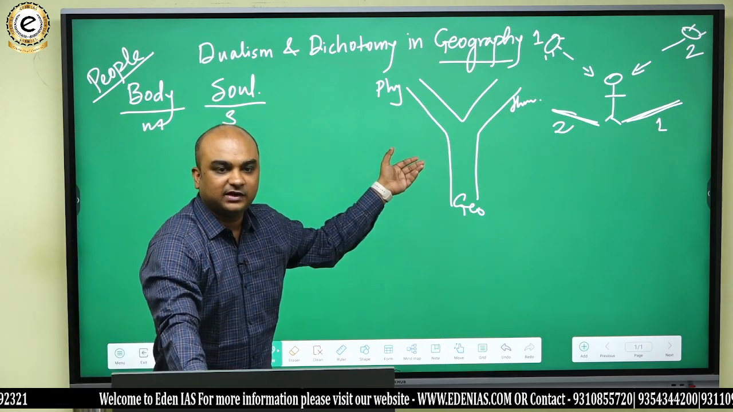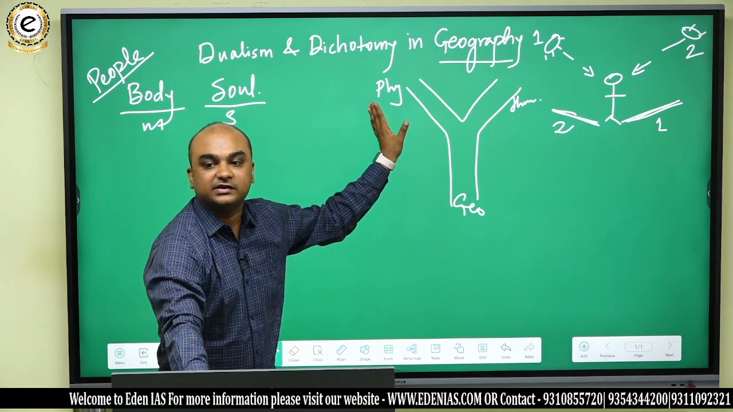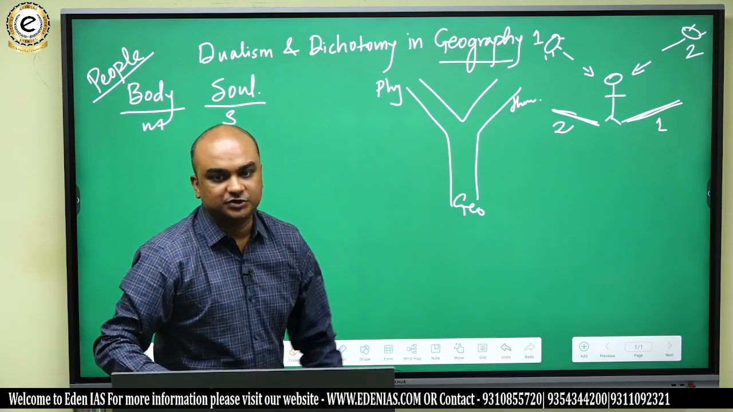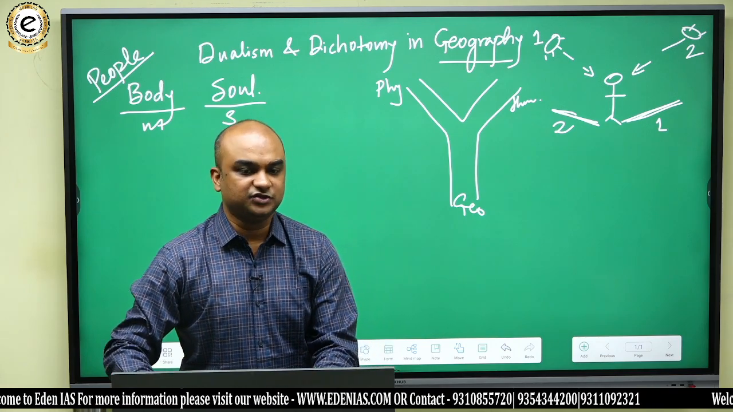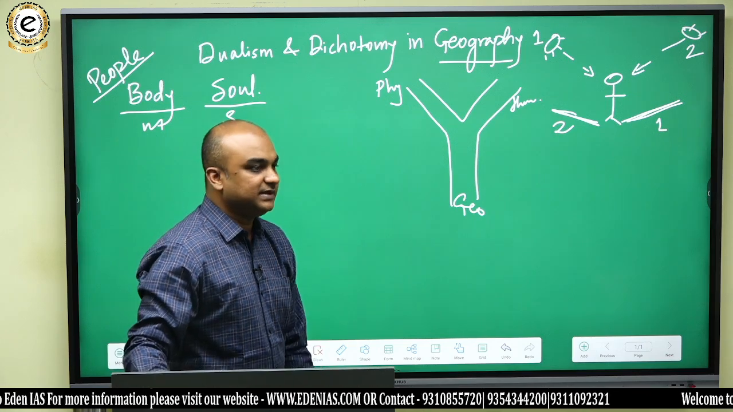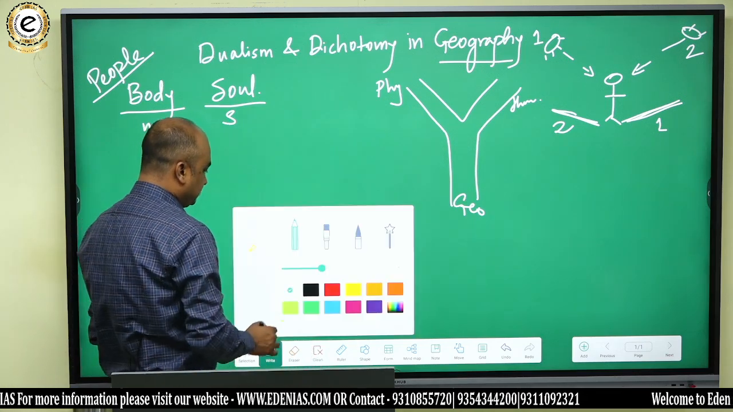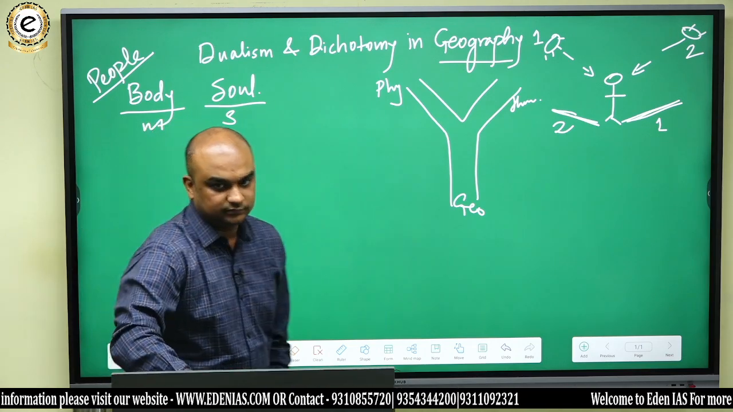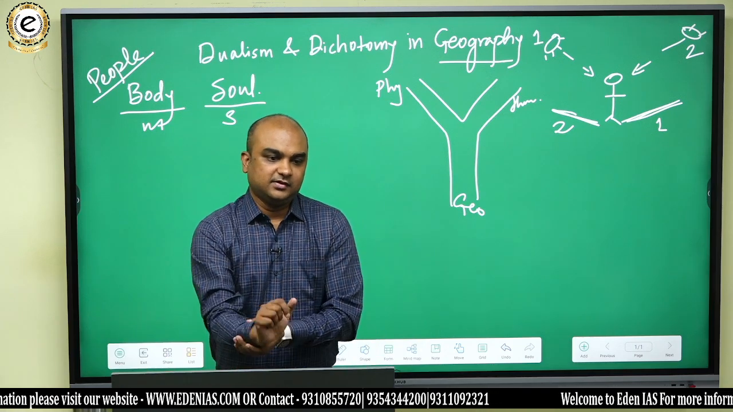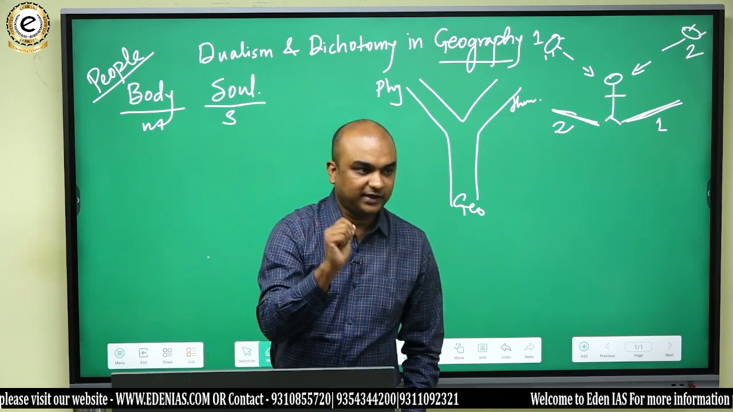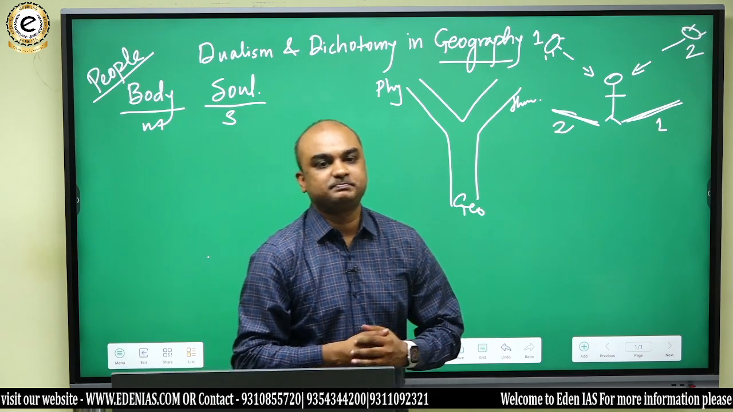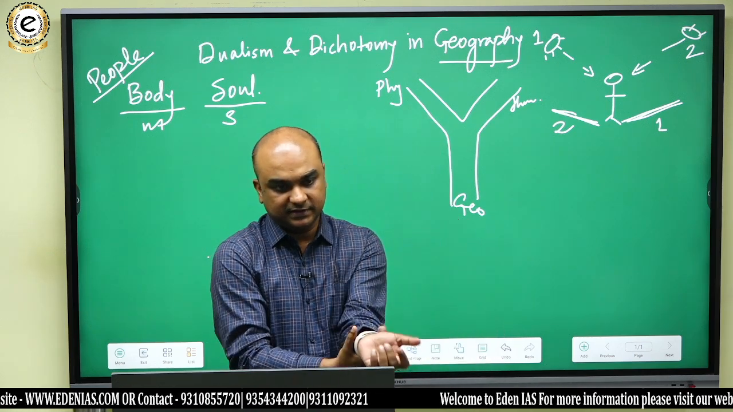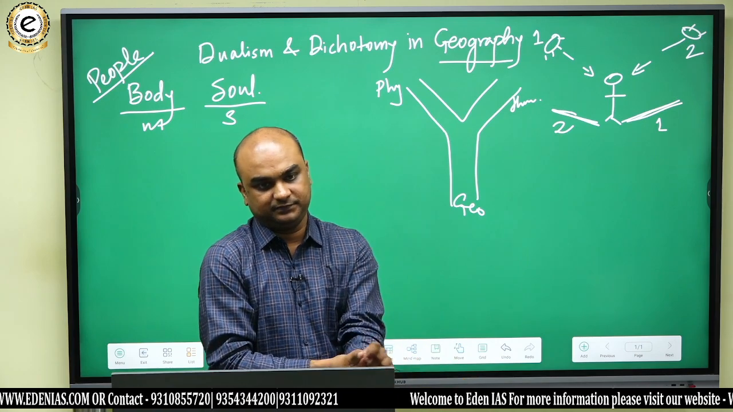Let's write up to this point. After that, we'll try to understand what the different kinds of dichotomous thoughts in geography are. So give a heading: dualism and dichotomy in geography. Now under this, create the first bullet and write: dualism is a philosophy